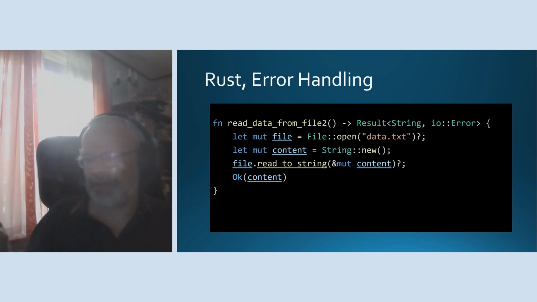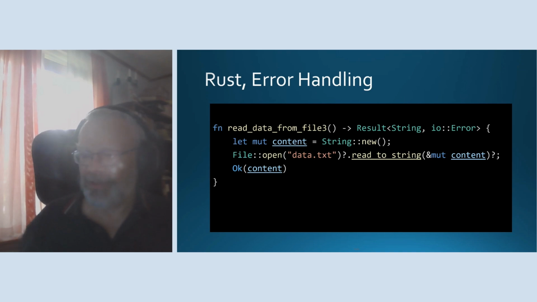We can read the file with a question mark at the end, meaning that if it fails, it will return that error. So if we get to the last line, okay, content, then everything worked. So we have our content and we can return that. So that's a nice feature in Rust. You can do shortcutting like this. And you can even